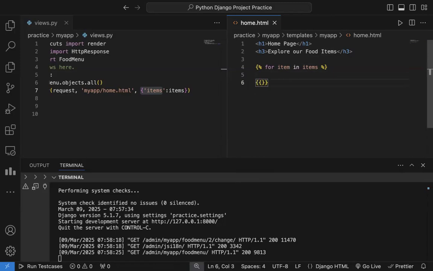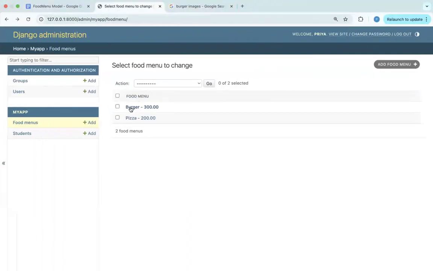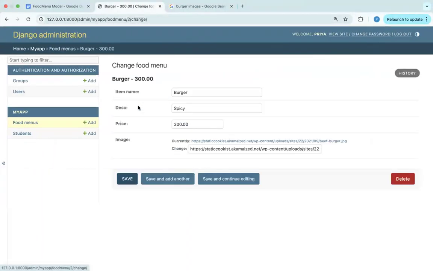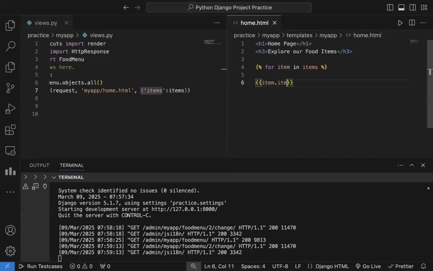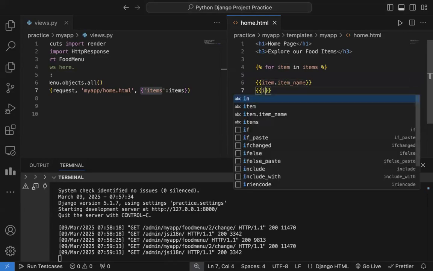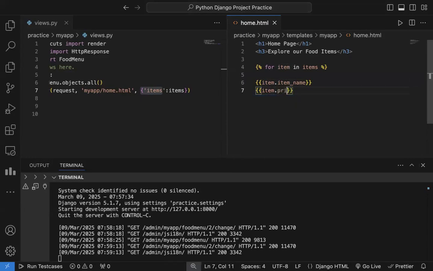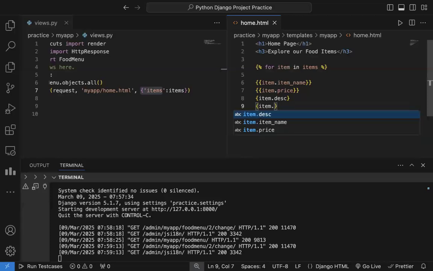Next, whatever is coming in the item variable, this is our item variable. Inside this, the first item will come. For the first item, we have item name, description, price, image. So we will write: go inside it and display item name. Next, go inside the item and display item price. Next, go inside the item and display item description. Next, go inside the item and display item